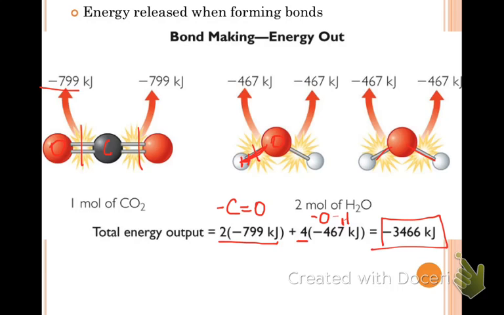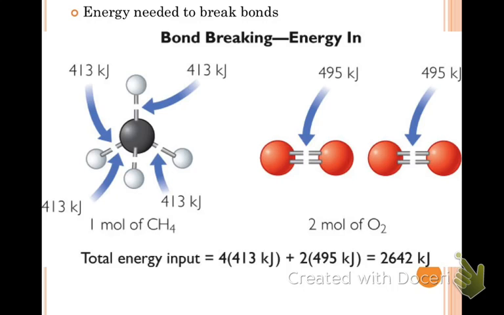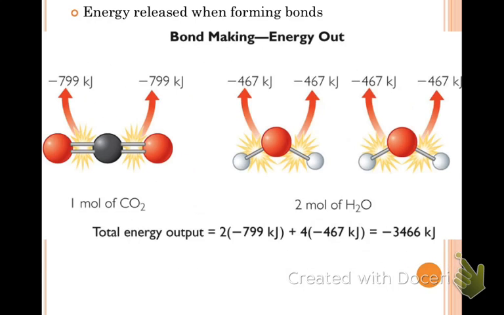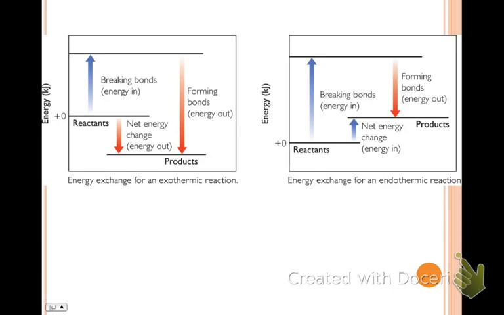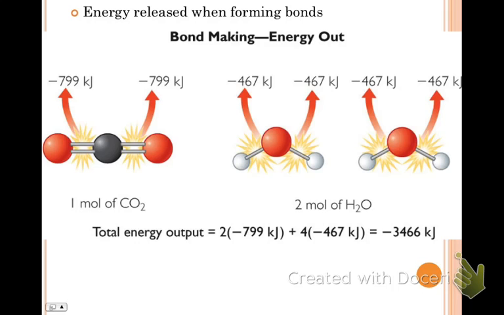So really it takes negative 3,466 kilojoules in order to make the products, in order to make the CO2 and the two waters. So we'll compare that to how much we had when we made these. So let's go back to the last screen. It was 2,642 kilojoules in order to break the bonds, and it released